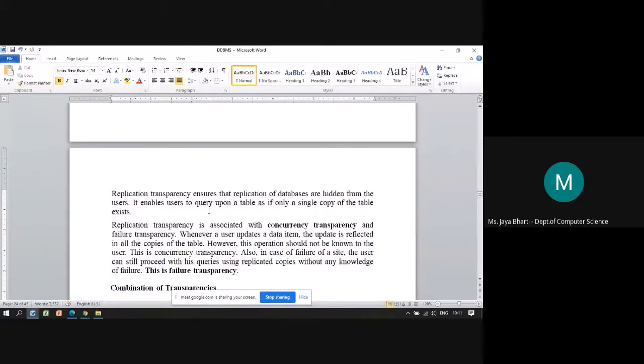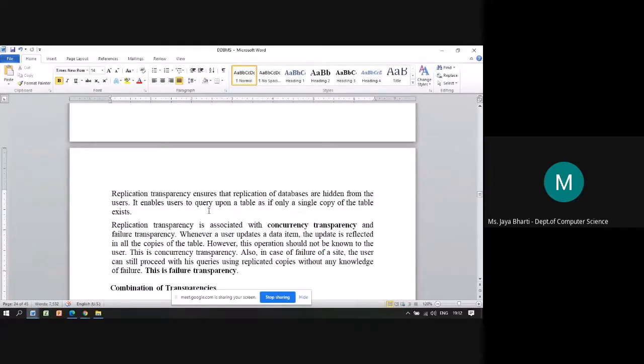It is getting the data from the copies which are not updated. So at that time there is a failure in concurrency, I mean the user feels there is some mistake or something is internally going wrong.